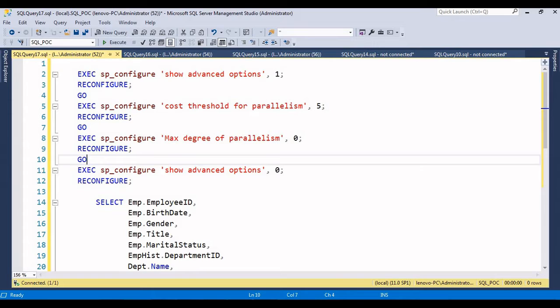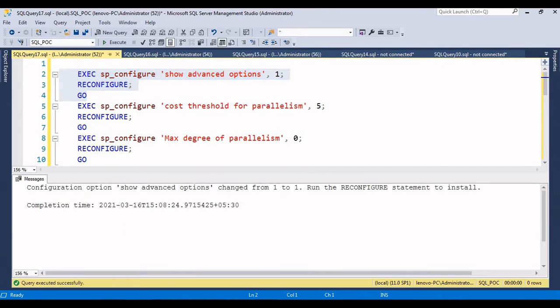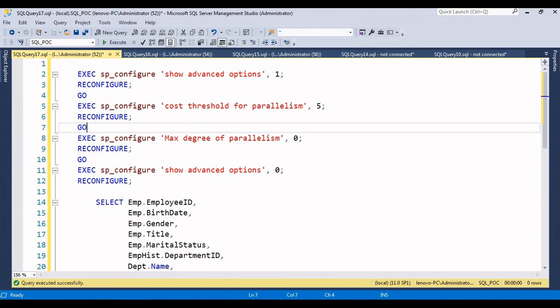I'm trying to enable the show advanced options by executing this command. Now it has been changed. The default value for cost threshold for parallelism is 5, but I'm trying to change it to 2, and for max degree of parallelism, the default is 0, but I will try to set it as 4.